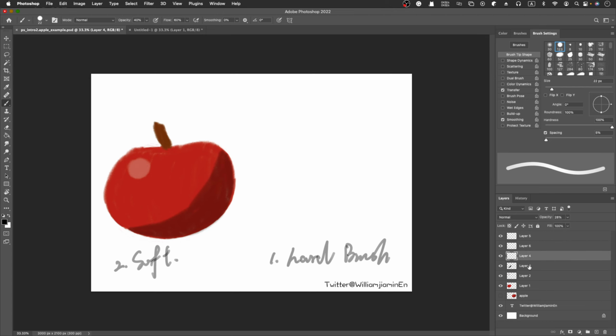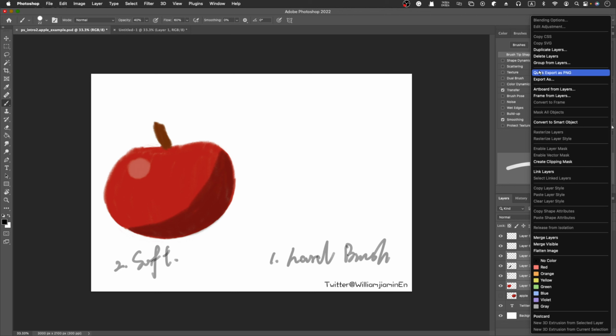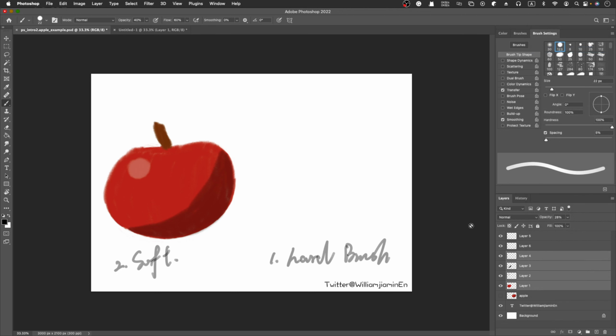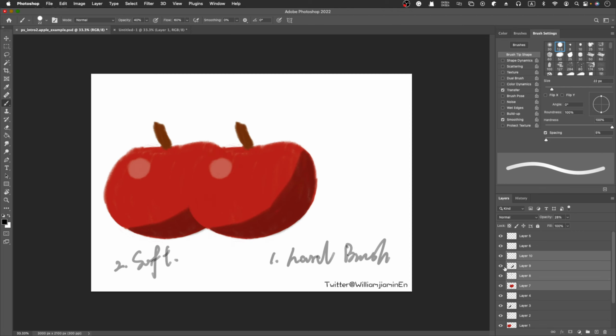One, 2, 3, 4. Okay, so what I'm going to do is to kind of duplicate all the layers as a, oh, never mind, just copy and paste. That's quicker. And you can hide the previous layer, right,